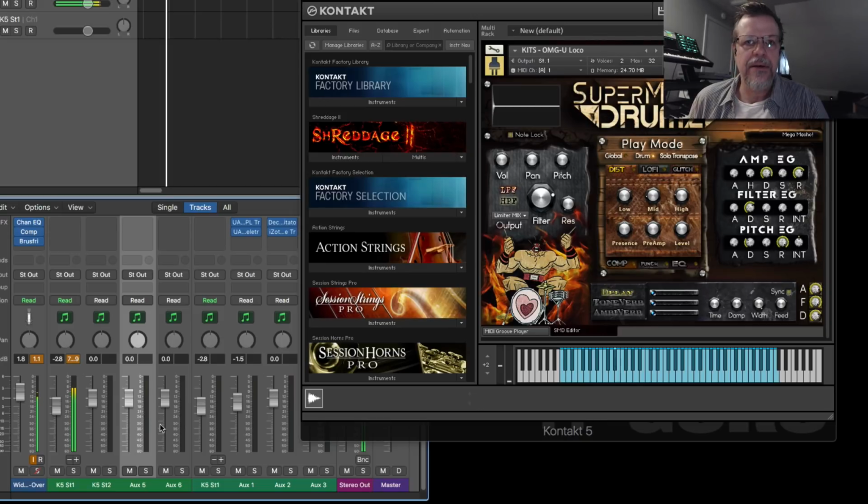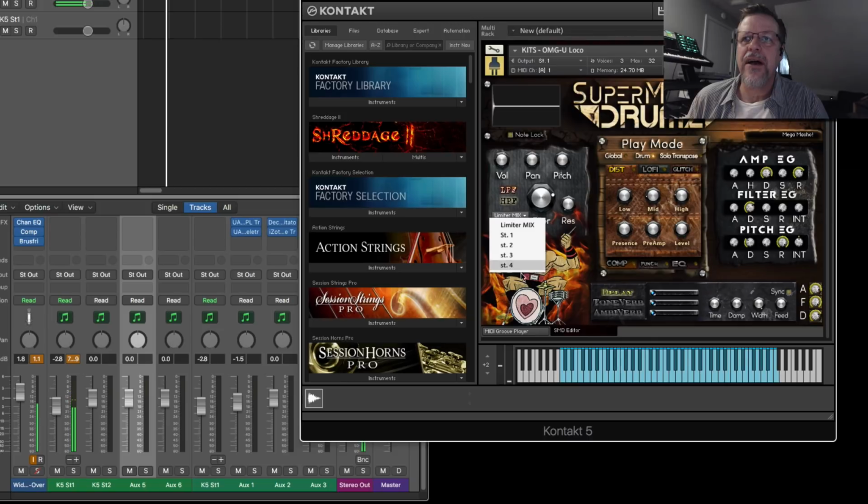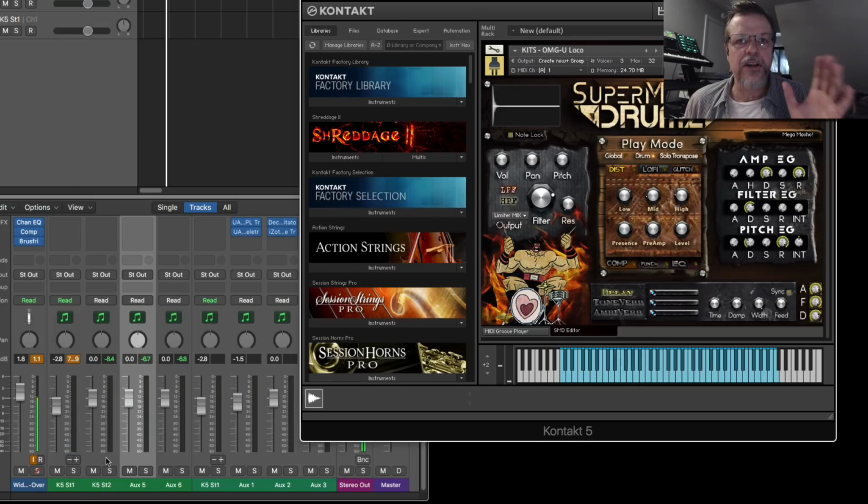And now I can play and say I want this side stick. If I'm on drums, look, I got 4 stereo outputs. If I say 2, boom, the sound shows up on this. If I say output 3, it shows up on this one. If I say output number 4, it shows up on this one. Now, everything in the kit by default shows up on the stereo bus, including the effects. So it's best to leave everything alone, leave stereo bus 1 alone, and then add stereo bus 2, 3, 4